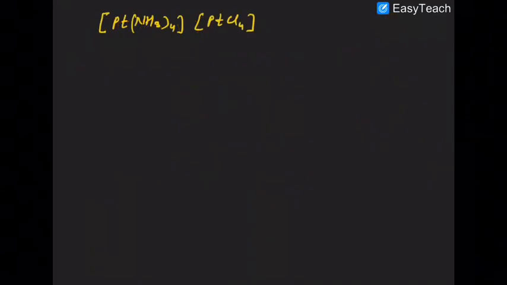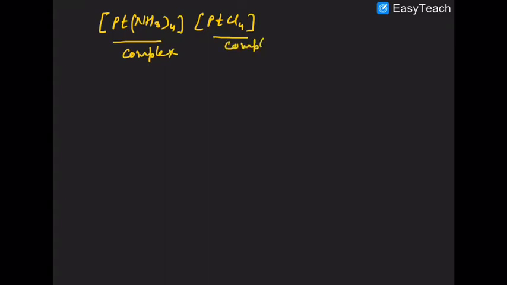Now look at that. In that case, what is happening? Both the cationic portion and the anionic portion are complexes. The cation is a complex, the anion is also a complex. But you have to distribute the oxidation state on the two atoms equally. Here there are 2 platinum and there are 4 chlorine. Why? Because ammonia does not carry any charge. Overall charge is 0, so it comes out to be +4. So each platinum carries +2 charge.